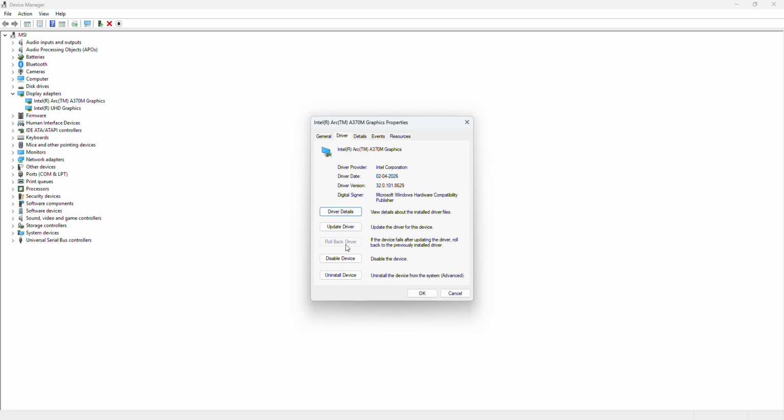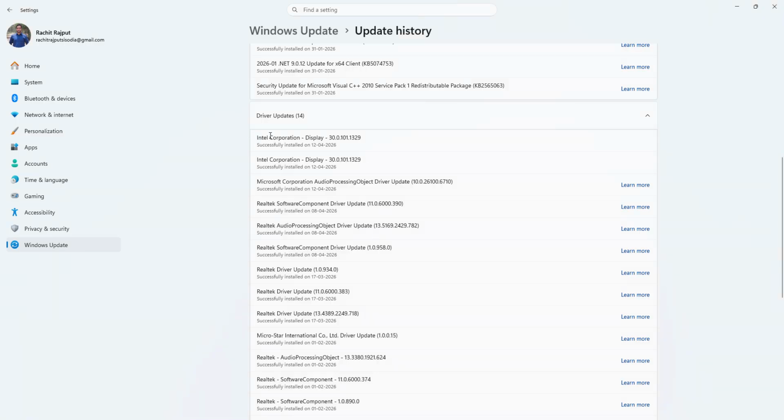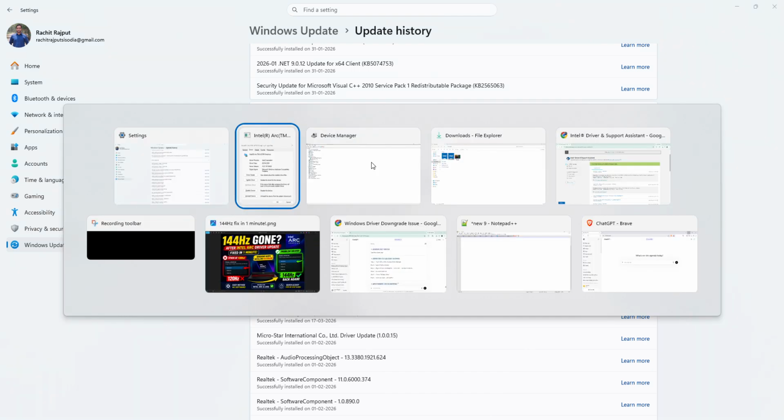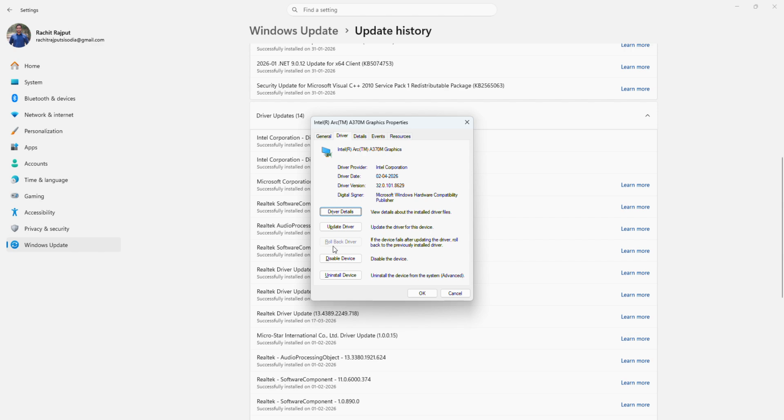Here you will see the Roll Back Driver option enabled. In my case, I have already rolled back my driver to the updated version. That's why it is showing disabled. But in your case, if you install the latest 32 version, and then Windows Update installs these two versions, and your Intel graphics driver switches back to the 30th version, then you will definitely have this Roll Back Driver option